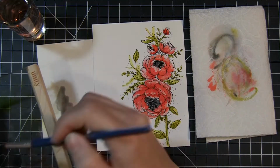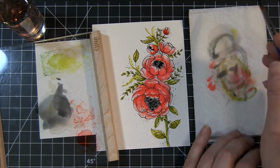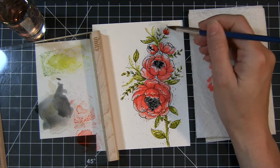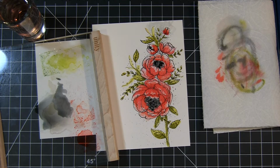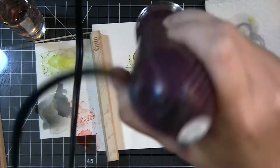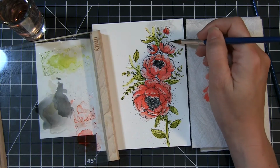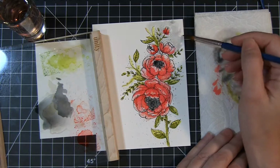Now I'm going to create a wash behind all the flowers using that black soot. I added a lot of water to my palette because I don't want this to be really stark. It has to be nice and light and blended. My image wasn't fully dry, so when I was adding the black soot, it was kind of picking up some of that green and the red and blending it into the background. So I just grabbed my heat tool and dried it off real quick,